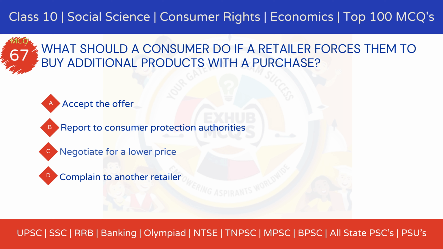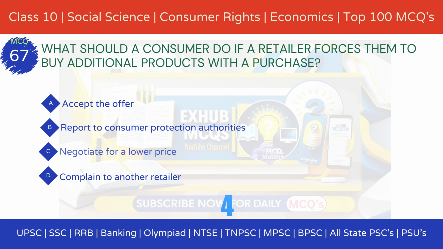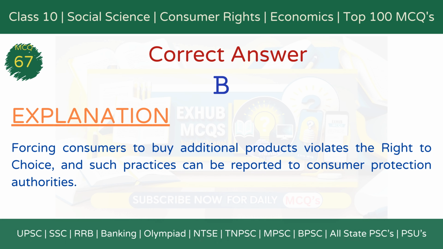Option A. Accept the offer. Option B. Report to consumer protection authorities. Option C. Negotiate for a lower price. Option D. Complain to another retailer. The correct answer is Option B. Report to consumer protection authorities. Explanation. Forcing consumers to buy additional products violates the right to choice, and such practices can be reported to consumer